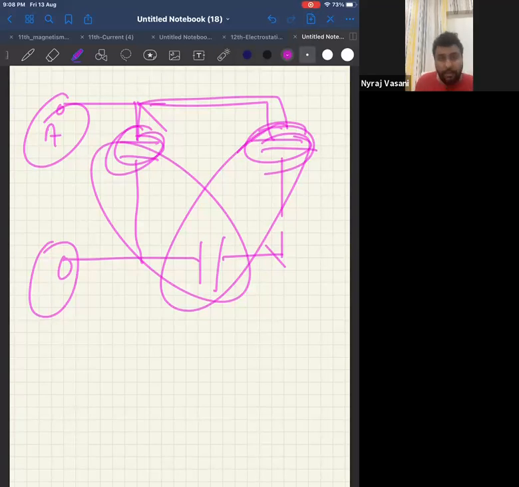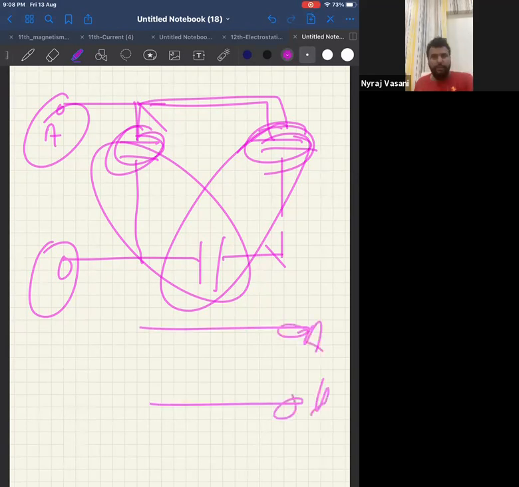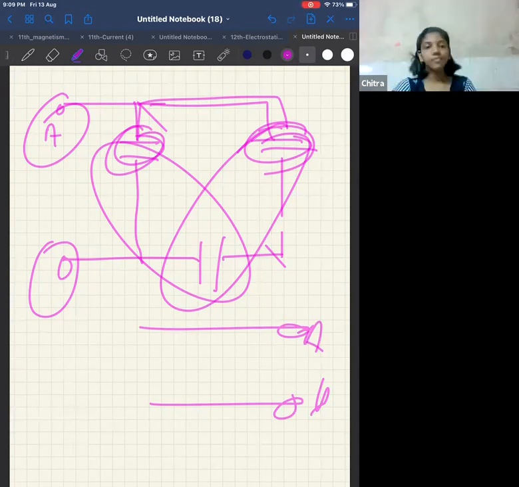What you're saying is correct. What you're saying would be correct if A and B were on the right hand side. You can do it that way, but I have to come towards A and B, not go away from A and B. Understood? So what you're saying is correct, but for that, A and B should be on the right hand side. Yeah, got it. Thank you. Got it?